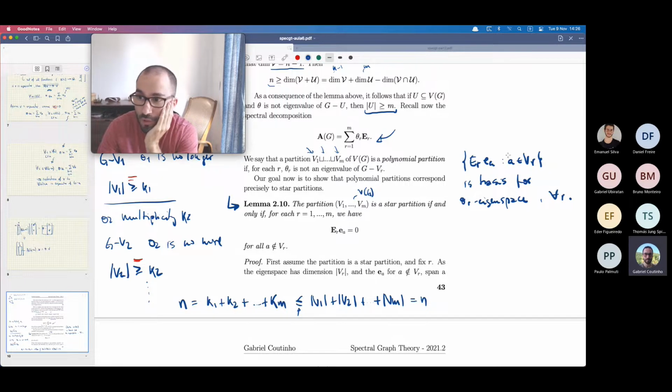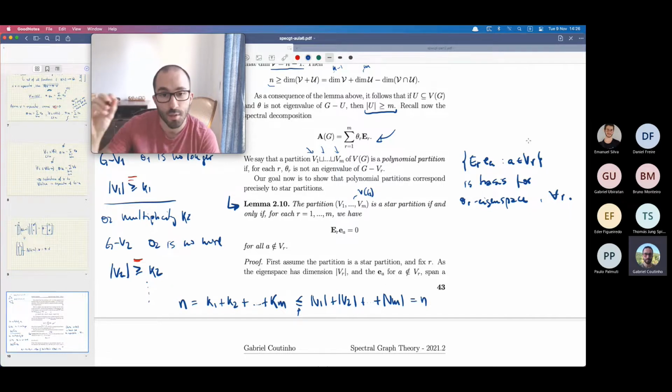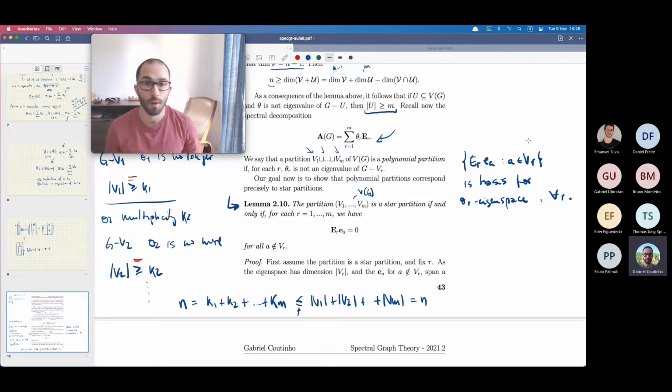So I'm saying that if you find a star partition, you end up showing that if you remove the vertices of each one of these cells, you eliminate the theta r eigenspace entirely. And vice versa. Now, in order to show this, we have this very useful lemma, which says that